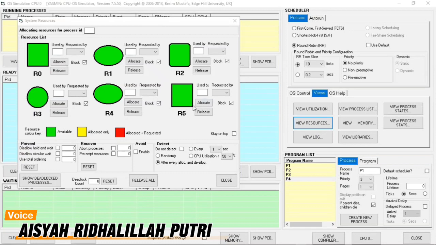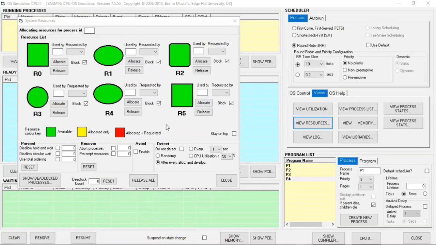Okay, next, there is another method to handle a deadlock, which is through the recover menu. And in the recover menu, there are abort process and preempt resource. Abort process is a prevention method that cancels one of the processes based on its priority and the resource it is using. So we're gonna use this first. So check the abort process